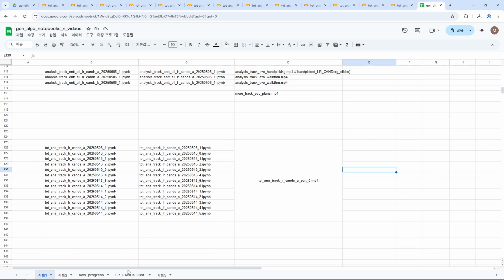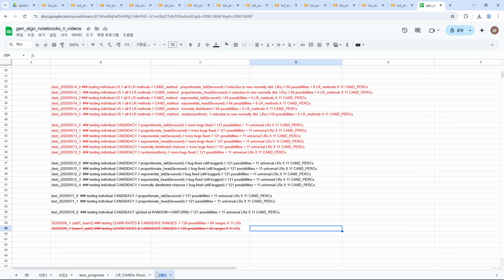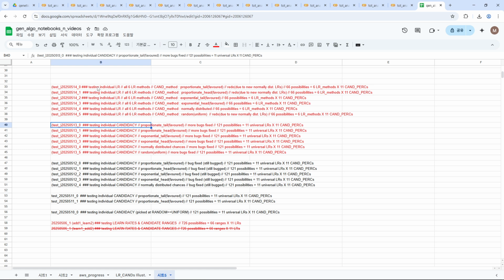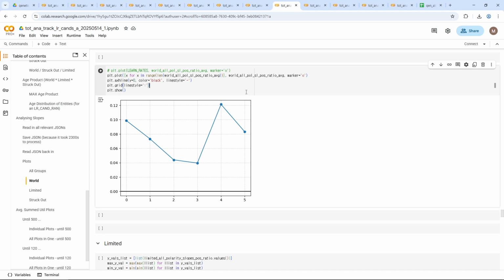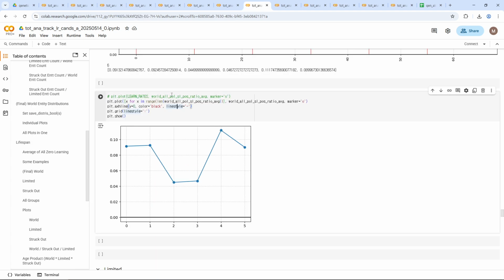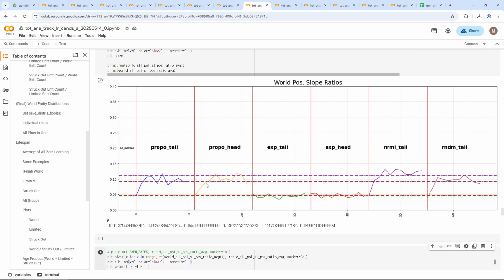Let's see. Wait, no, I don't have it entirely right. So this notebook 0514_0 is where learn rate methods are used, all 6 of them, and the candidate method is fixed to proportional tail. And in this notebook, the positive slope ratio for the world entities look like this: